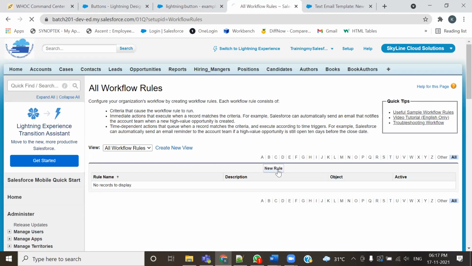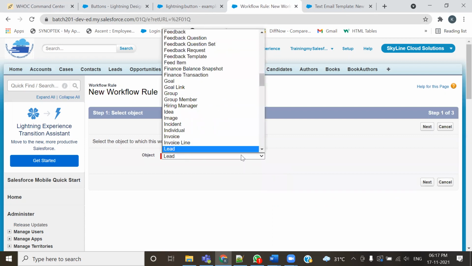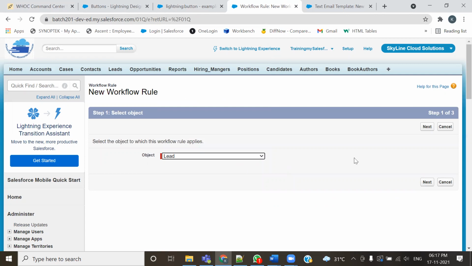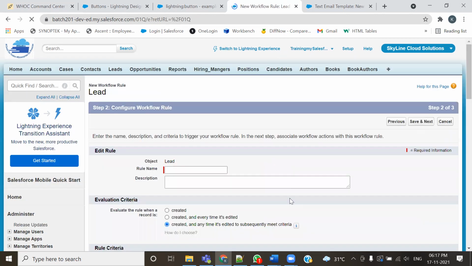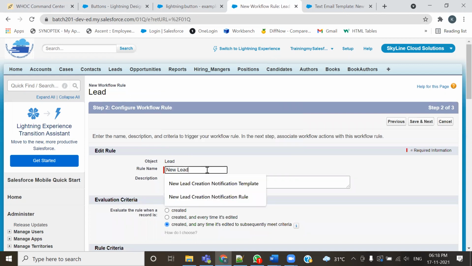So let's create one rule. Click on this. On which object did we want this to be fired? On the lead object. So from this list, select lead. Next, here you need to give the rule name. What I wanted is for this rule to be fired whenever a lead record